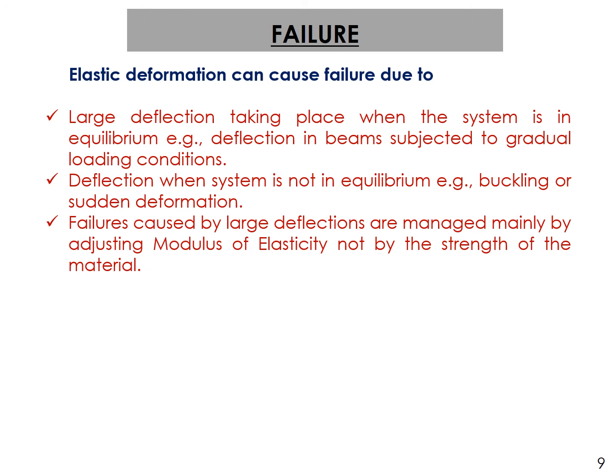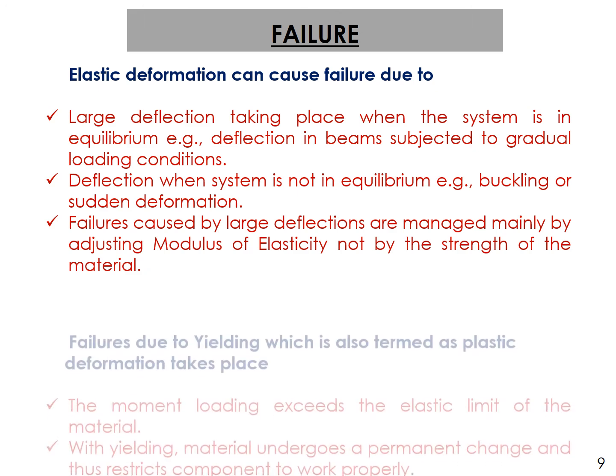Now, no doubt they have to manage those failures, but they are managed by the modulus of elasticity. Now, what is modulus of elasticity? That E is the constant of proportionality given by Hooke's law. Because in Hooke's law, if you remember, E equals the ratio of stress by strain. It deals with both stress and strain. So by managing that property, the modulus of elasticity of a material, you can manage those large deflections.